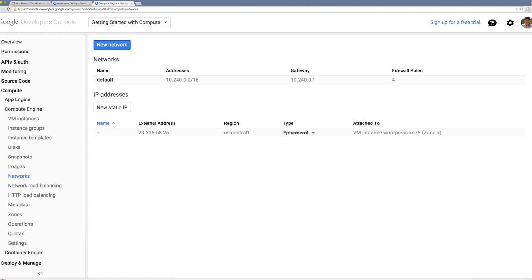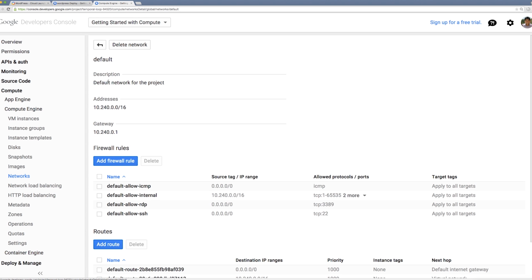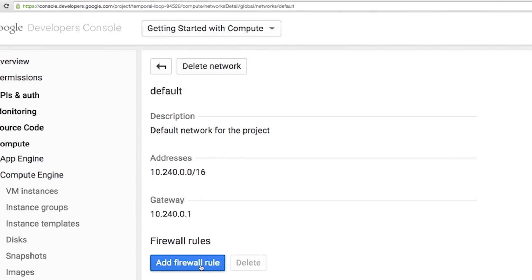If you want to make some more complex rules, we have to visit the network section. Click Network on the side panel, then select the network you want to modify. In most cases, you just need to modify the default network. Here, we can see all the rules for the whole default network. You may notice that the HTTP rule we made is not here, and that is because that rule is only for the specific machine. If you want all machines on the default network to expose port 80, this is the best place to do it. So let's add a firewall rule,